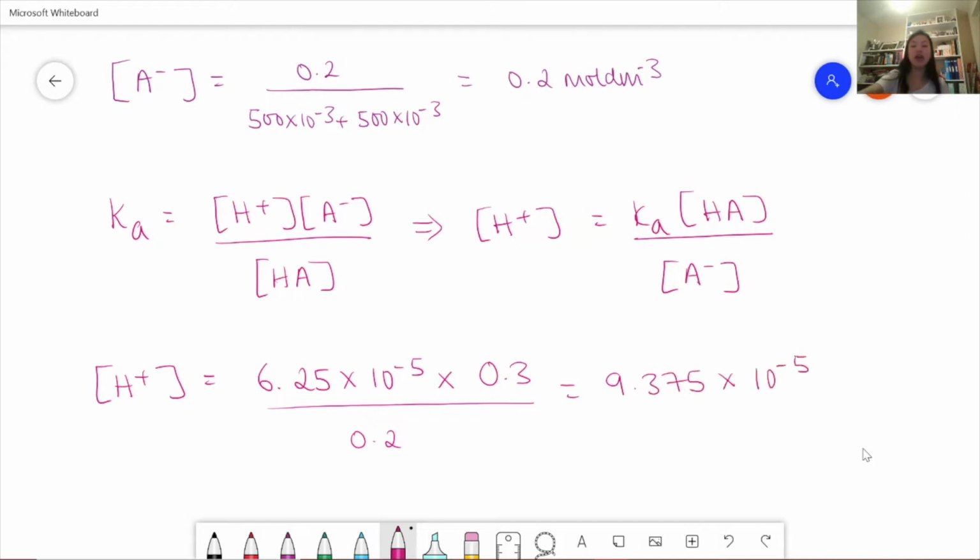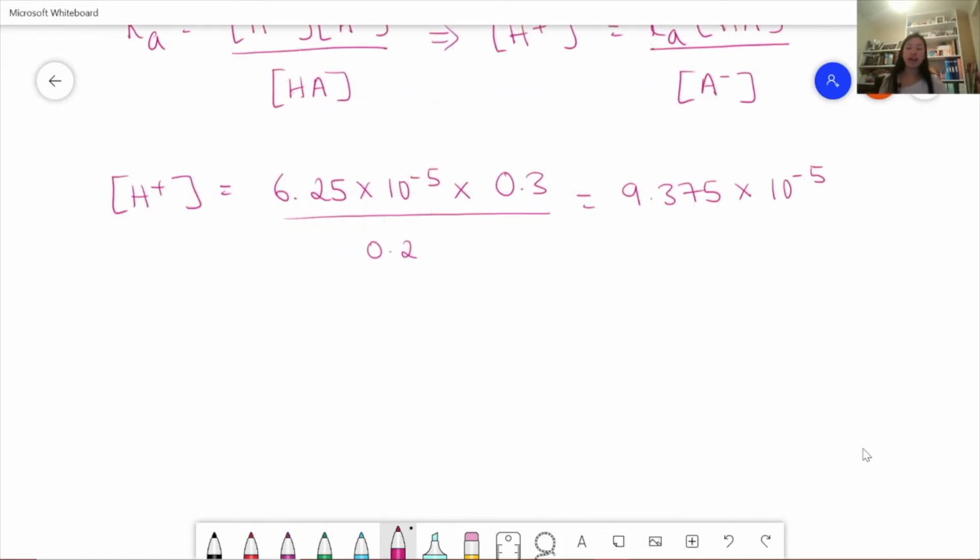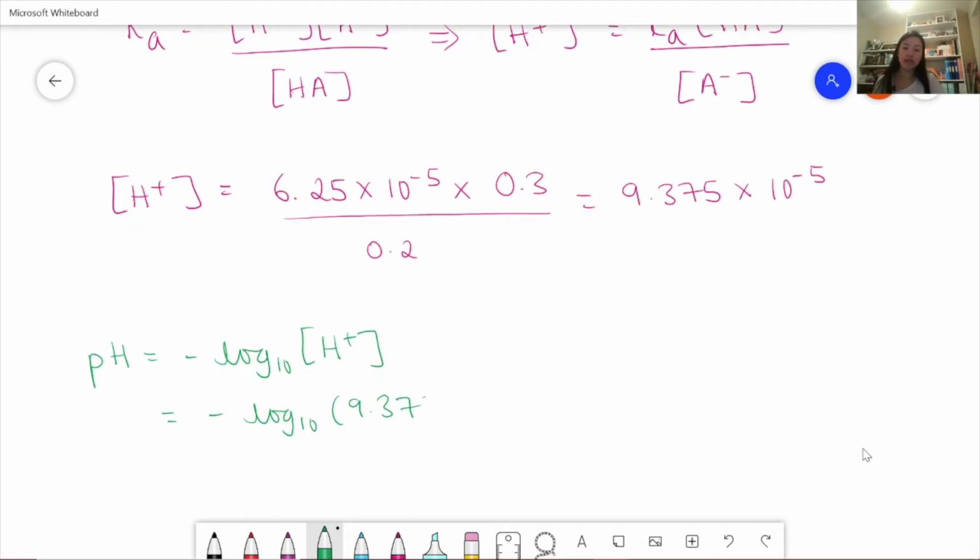And now we can use our pH formula to find the pH. So we have pH is equal to minus log to the base 10 of this concentration of H plus ions. So we have minus log to the base 10 of 9.375 times 10 to the minus 5, and this gives us a pH of